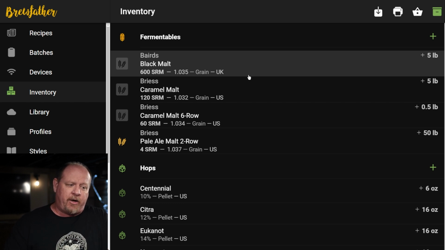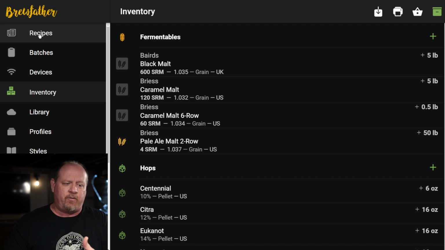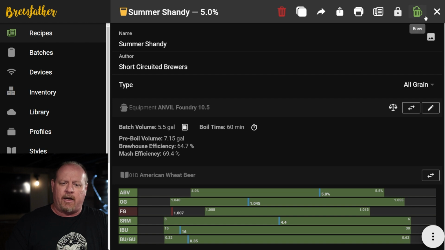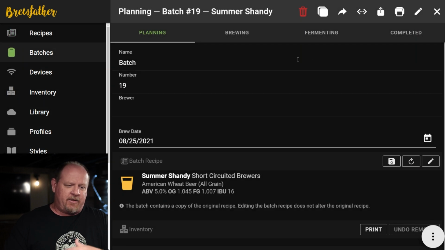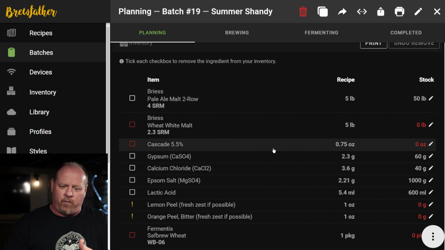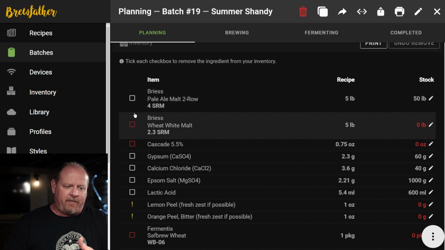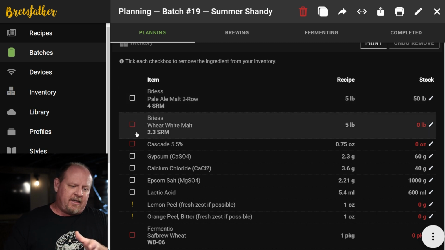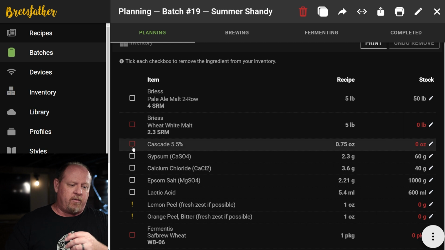But what it does for you is whenever you go to brew a recipe, so let's say if I just put this summer shandy in here and I go to brew it, whenever I get to the next step, it's a planning step. And what happens is basically if you don't have any of these ingredients in your inventory, if you have everything inventoried, you can actually see that I don't have like Bryce wheat malt and I don't have